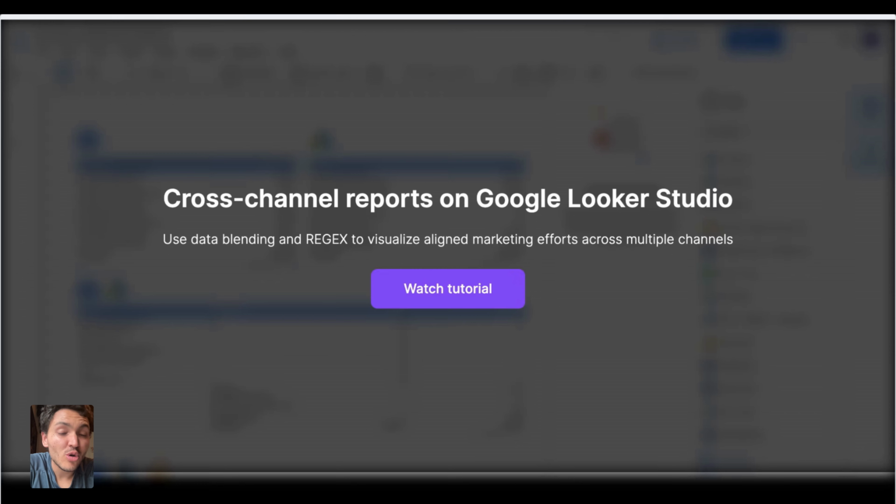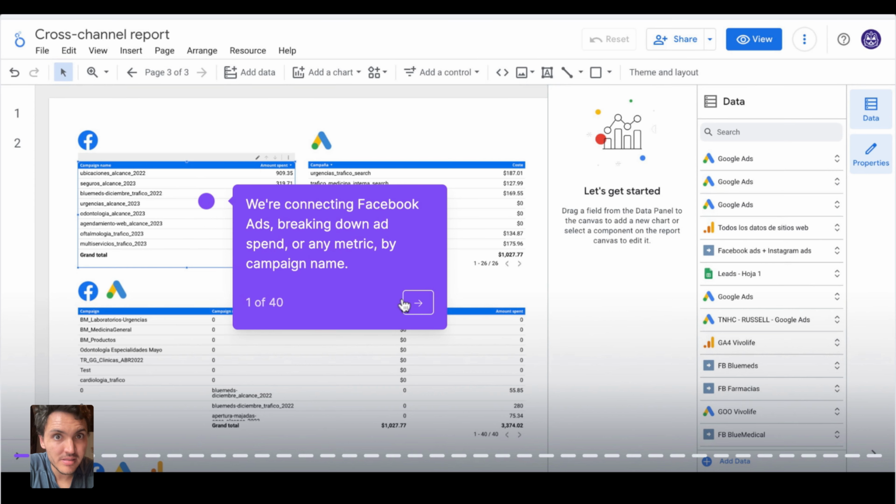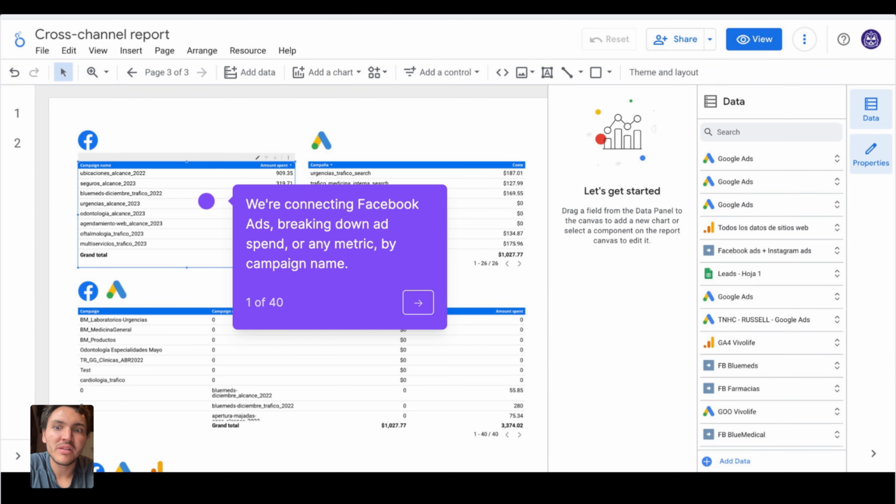Let's see how to create cross-channel reports on Google Looker Studio. For this exercise, we'll be using regular expressions and data blending. This is an actual exercise from a client, and I really wanted to share it with you. I really loved it. So I created a Google Looker Studio report, and I connected the data that I wanted